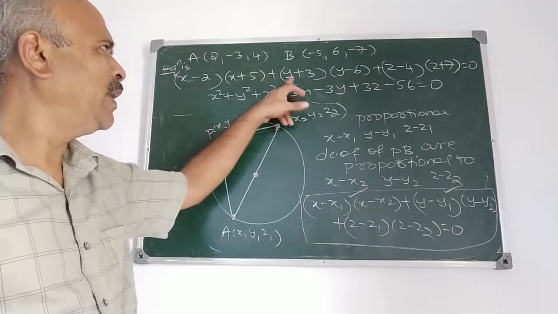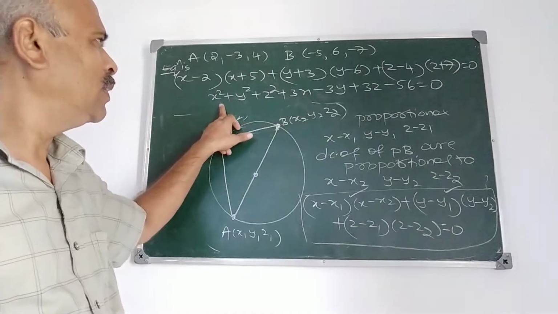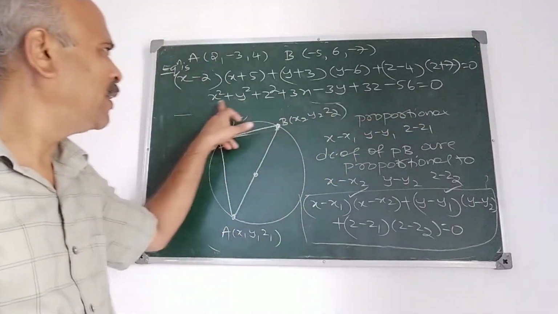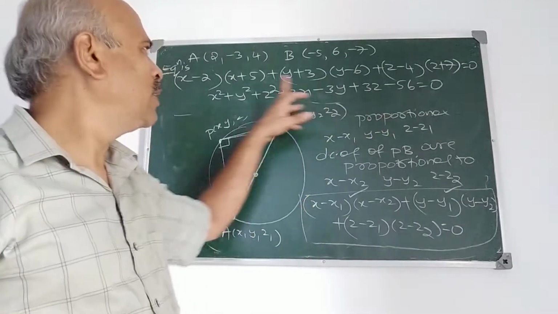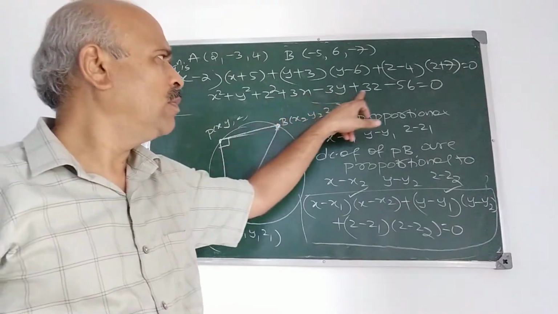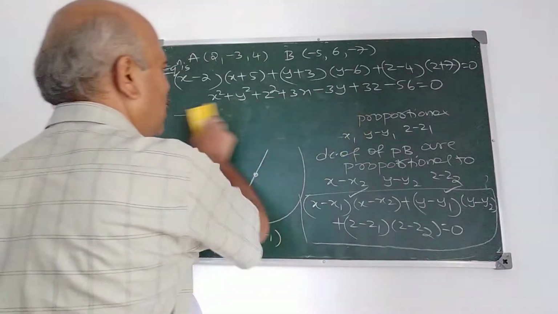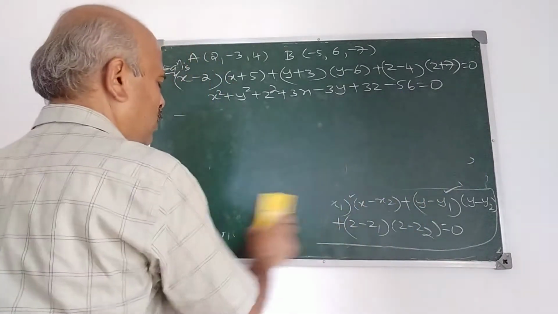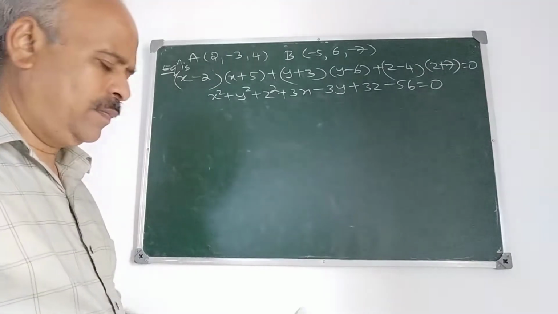See, here we have applied the diameter form directly, and using the diameter form we have obtained the equation of the sphere, and it is the standard form. What do you observe here? The coefficient of x square, y square, z square is 1 and there is no product term; the xy, yz, zx terms are not there. So we have obtained the equation of the sphere by directly applying the diameter form.